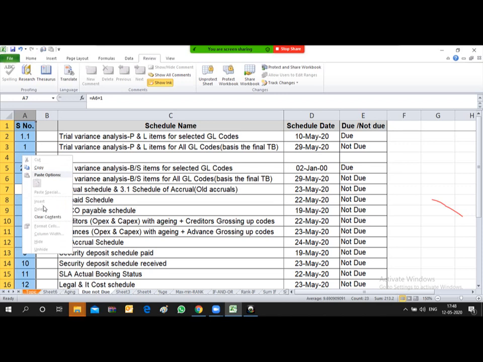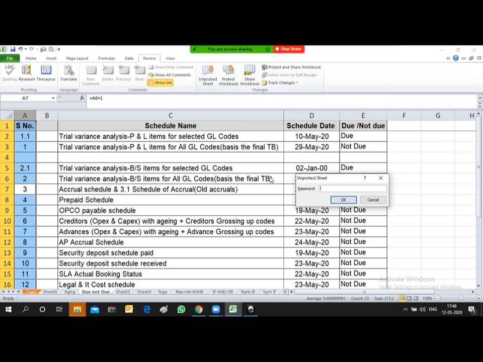Here the delete option is not coming, so it is inactive. So it means I have provided access only to insert the column, but not to delete the column or any row. So this is the kind of limited access which we can provide to the user. Let's unprotect it again.